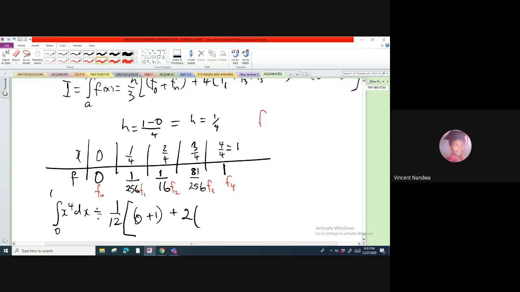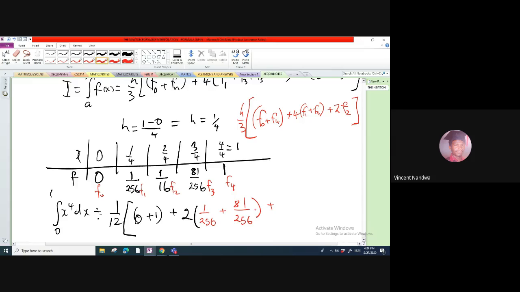So the formula will be f0 plus f4, those are the extremes, plus 4 into f1 plus f3. And then the only even ordinate that we take now will be f2, so plus twice 1 over 256